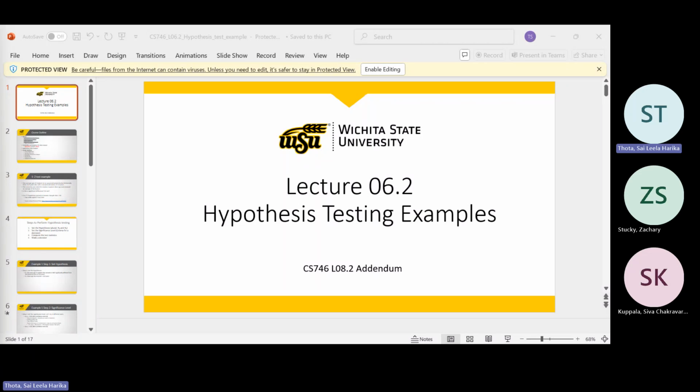Okay, so now let us discuss some examples related to hypothesis testing. So we know the basic examples, like for example,